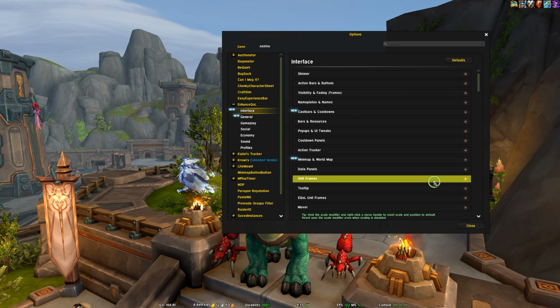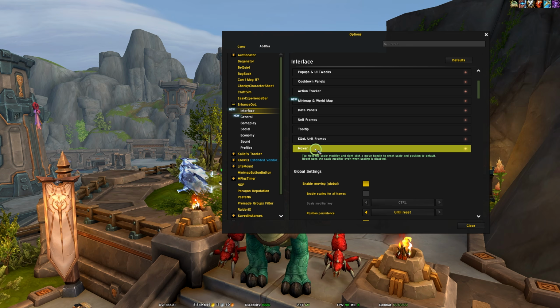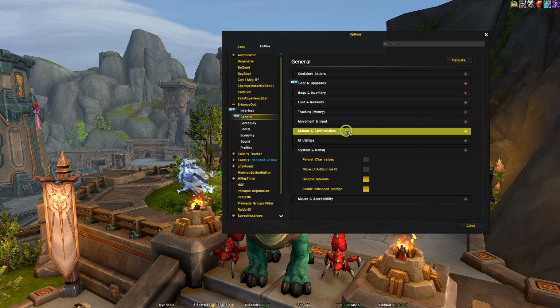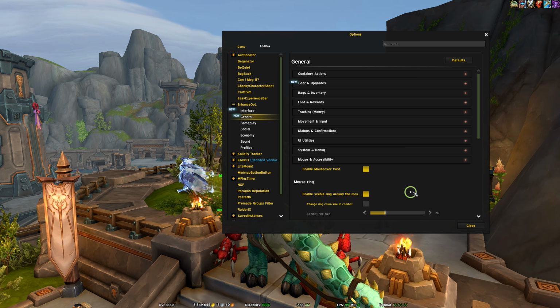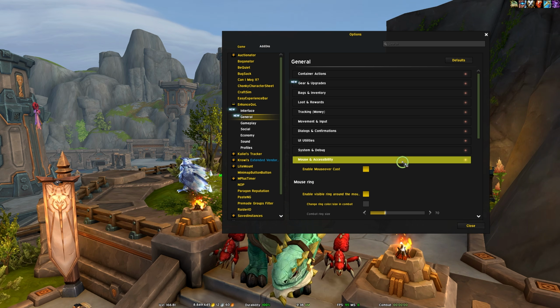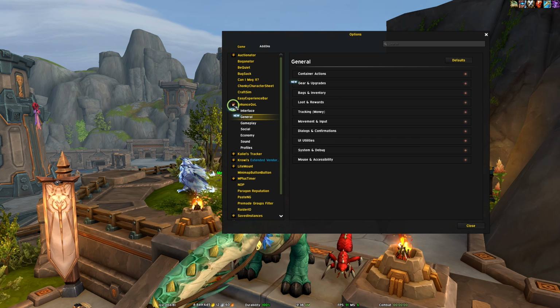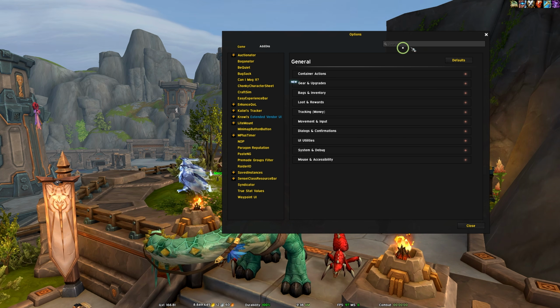So yeah, this right here, I'll give you this example. So Mover, instead of downloading the old Blizzard Move Me or whatever that add-on is, it's built into this add-on, right? I highly recommend you download this add-on. Oh yeah, like the ring around my mouse cursor, it does that, so you don't need another add-on for that. It's built into this add-on. Just, man, I'm doing a horrible job selling it, but believe me, it's worth looking into.